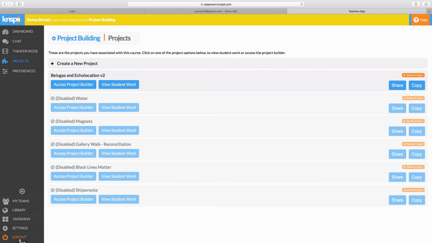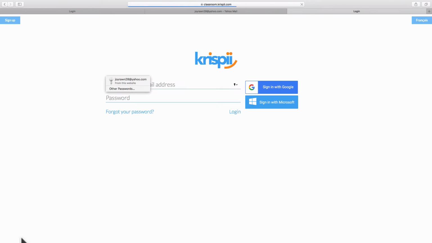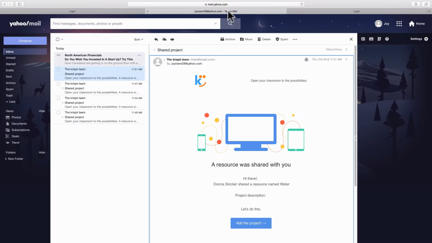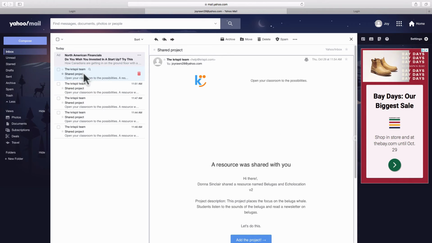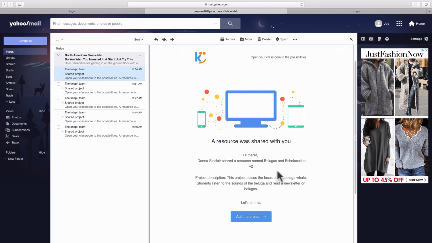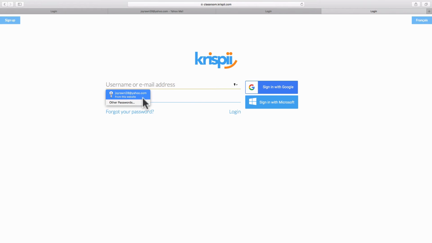I'm going to log out because I'm really just simulating this for you to see how it works. I'm going to go into that email and I will see that she now has a Krispii Team shared project. She clicks there and she can see that Belugas and Echolocation version 2 has been shared with her. So now she can go ahead, she's going to add the project. She will need to sign in on her side